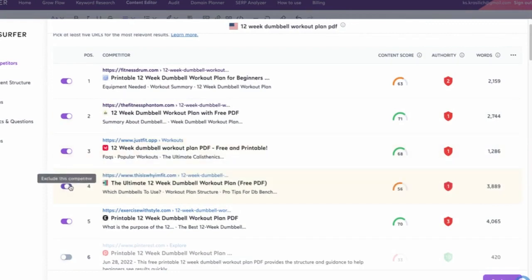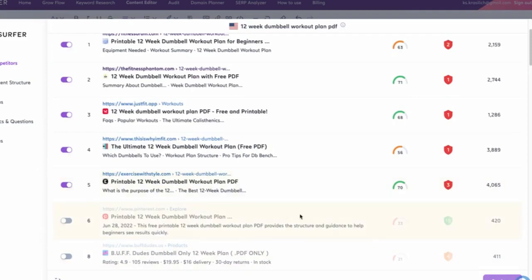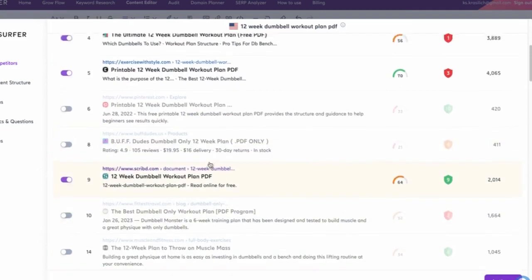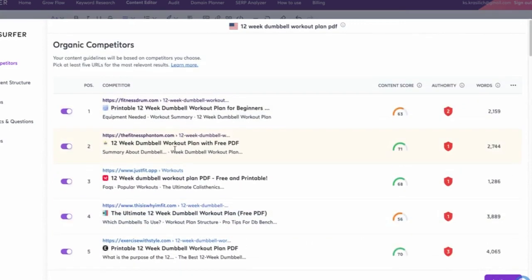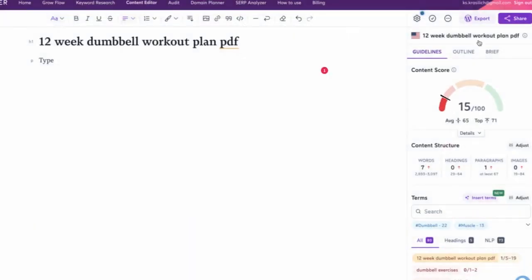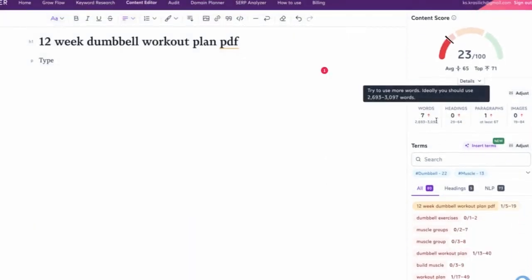For example, you maybe want to use this article. Here you obviously don't want to use Pinterest because you don't want to include that. So you just include all of the articles that seem the most relevant to the topic you're writing about, and click Let's go. And now here it's telling us how many words should be in